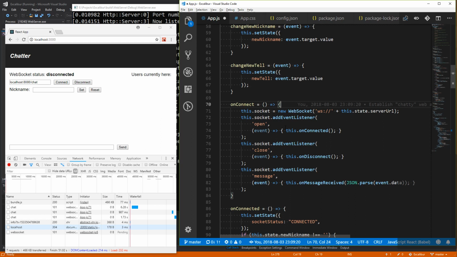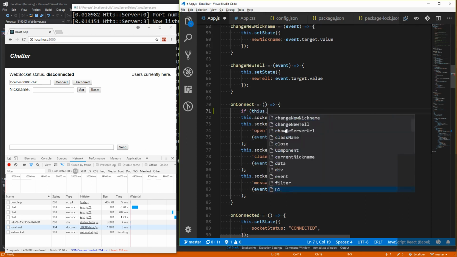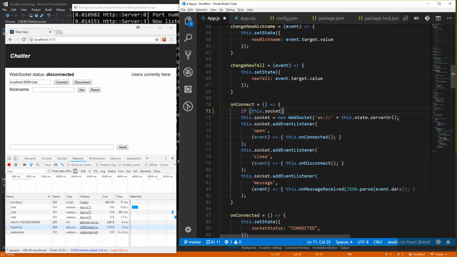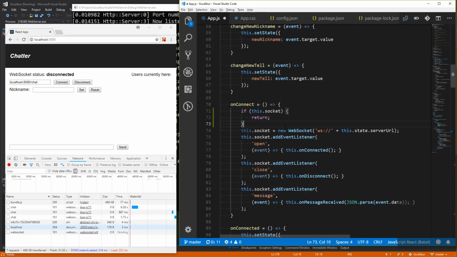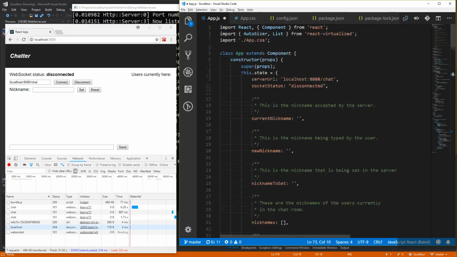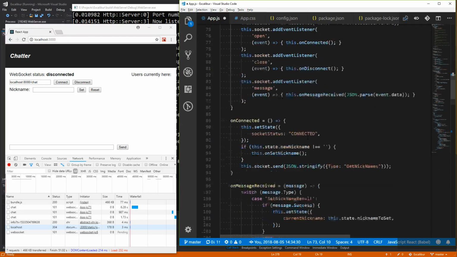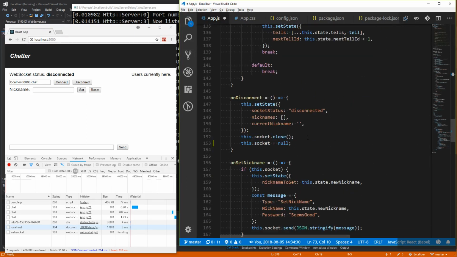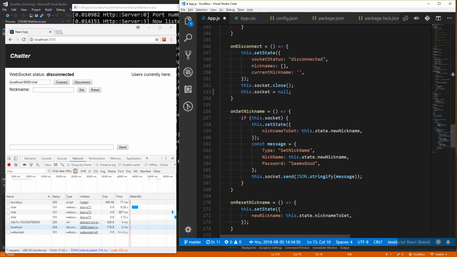Actually, we shouldn't connect if we're already connected, right? If this.socket, return. Okay, we have that.